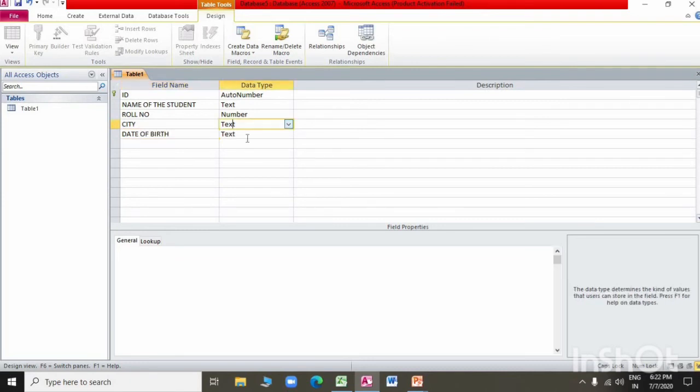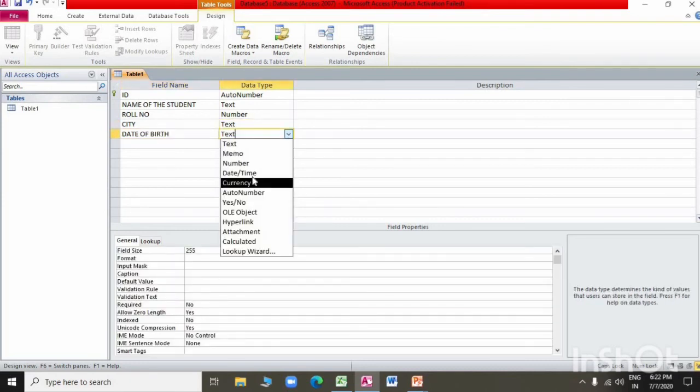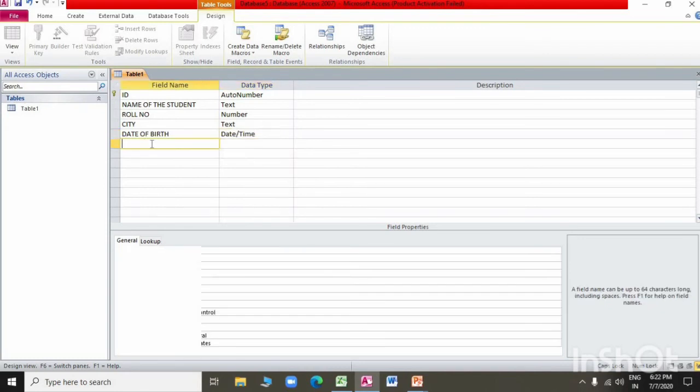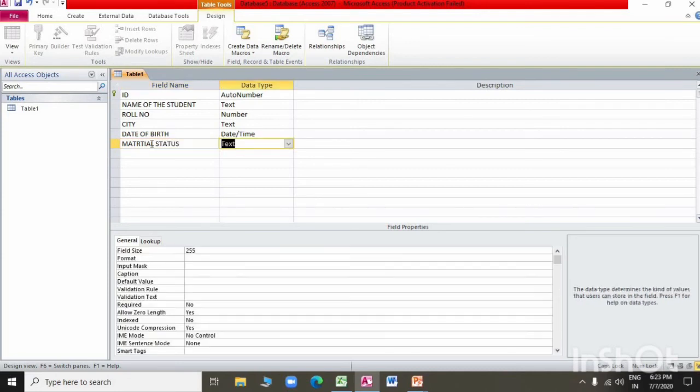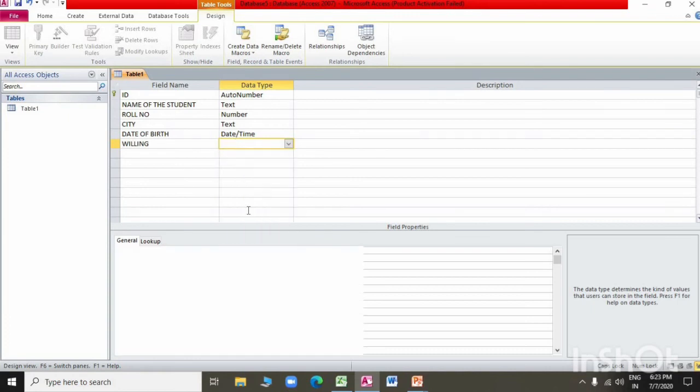Its data type will be date and time. Marital status. It will be married or unmarried, but you can change it here. Willing, yes or no. Its data type is yes or no.